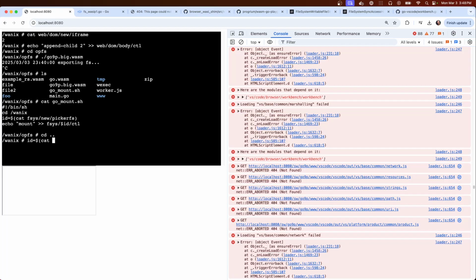I can't run this script because I can't set the execute bit on it, because OPFS doesn't have any of that.